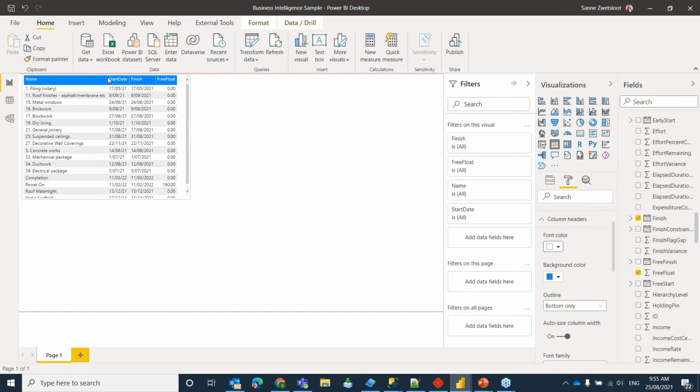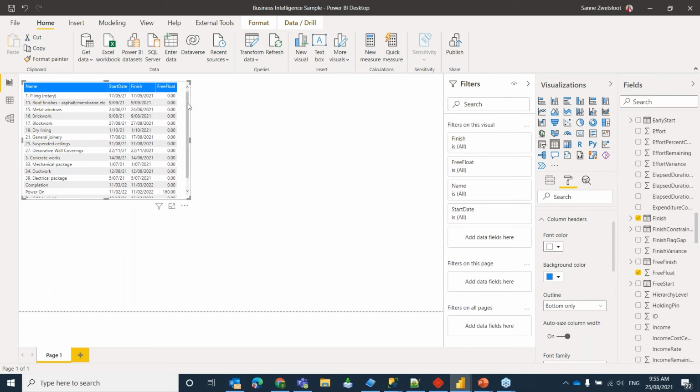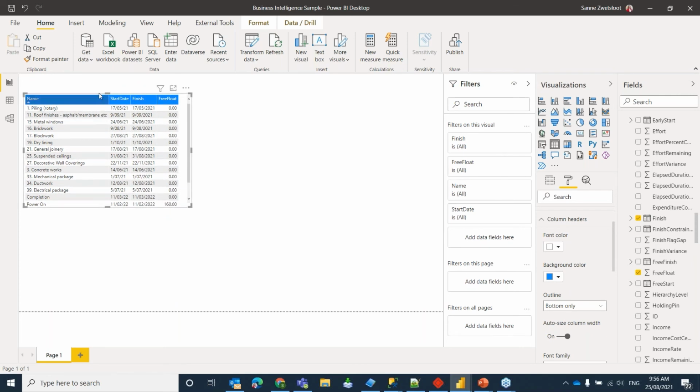You usually start with a draft, and in the end you'll place all the visuals where you want to see them. It's best to start with the most important data on the left-hand side, because that's where people naturally look first. So what I'm gonna do is I'm gonna add